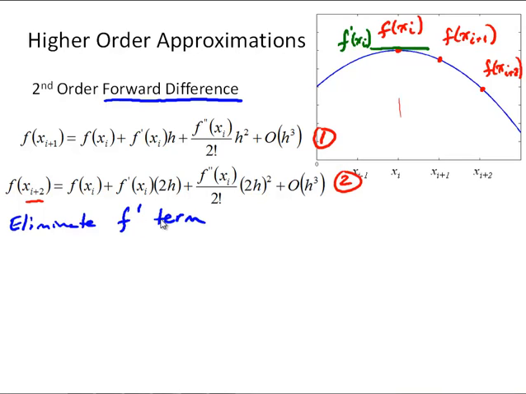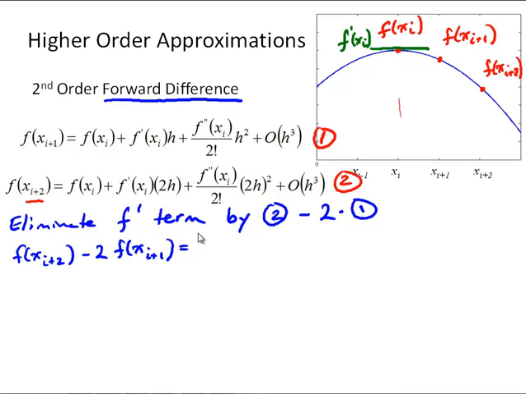If we eliminate the f prime term by taking equation 2 minus twice equation 1, we get f at xi plus 2 minus 2 f at xi plus 1 is equal to, and here we have f of xi minus 2 f of xi, so this becomes minus f at xi, and f prime xi times 2h minus 2 times f prime xi times h, so that's going to cancel, and then we have f double prime of xi times 2h squared minus f double prime xi times h squared, but this is times 2, this 2 is going to become a 4, and so what we're going to have left there